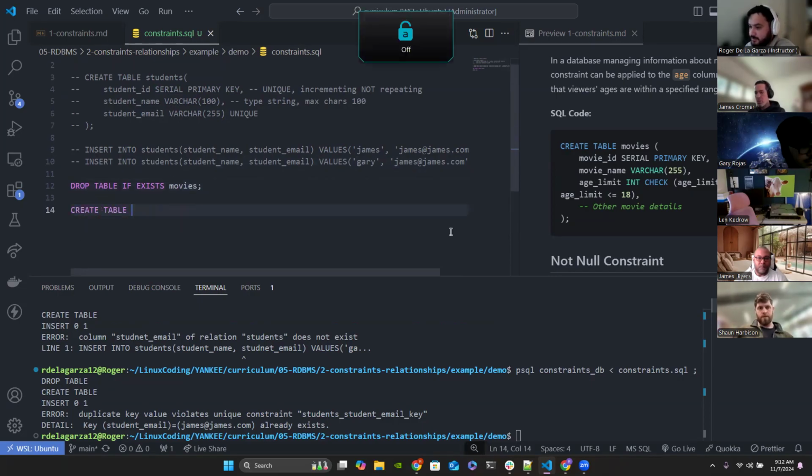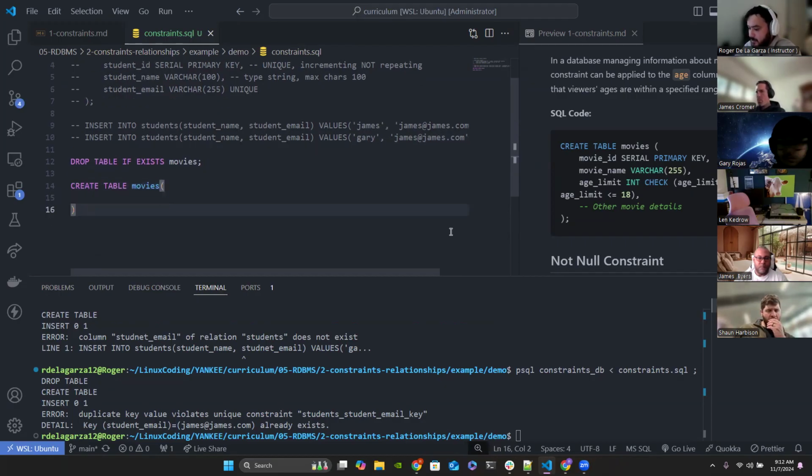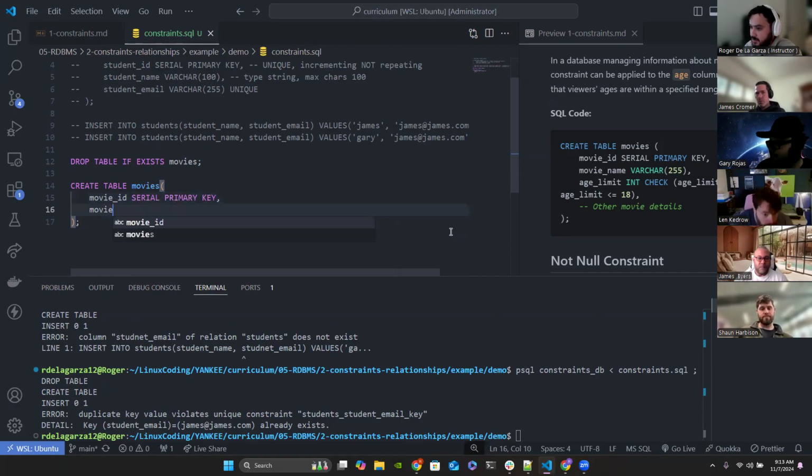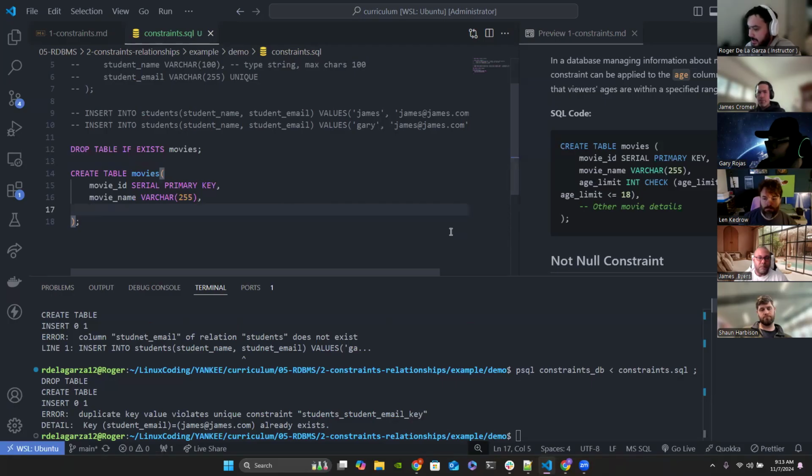Create table, and this table will be called movies. We'll keep it plural. I want to have a movie ID, type serial with a primary key, a movie name, which is going to be type varchar 255, and an age limit,